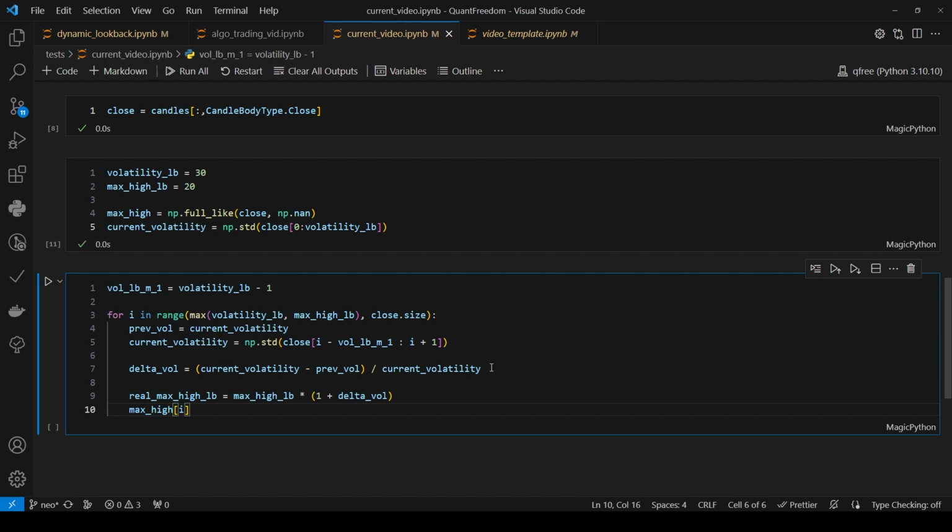And so max high I is going to be high. And then we're going to say max of I minus int real max high volatility look back, I mean real max high look back. And then we're going to say or 0. And then we're going to put here as I. Then we're going to say